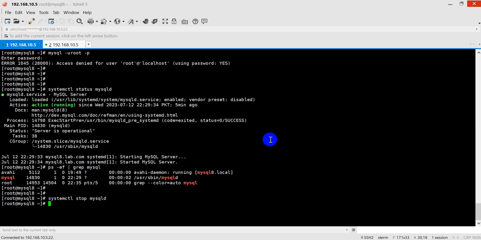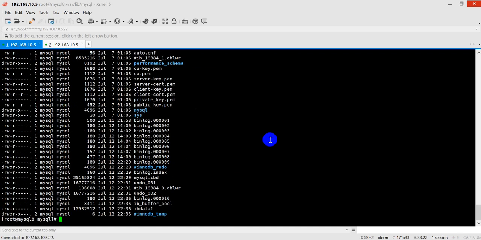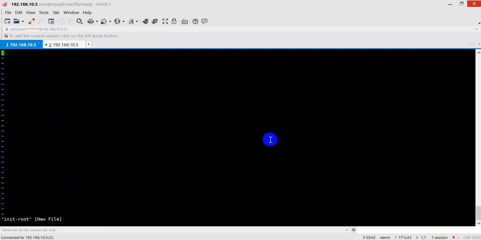So now we will create an init file where the MySQL user can access it. The MySQL user accesses the files from this location because it has all the files. This is the default location for the data dir. So we can create an init file here. vi init root. Okay, so in this init file we will